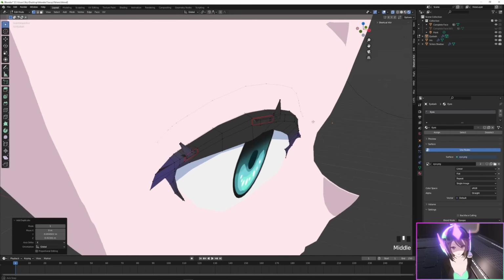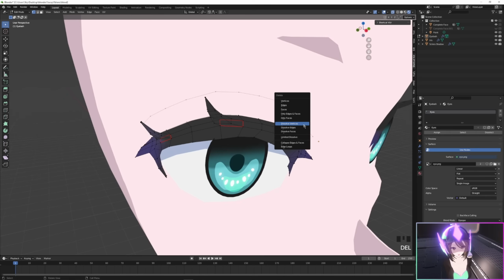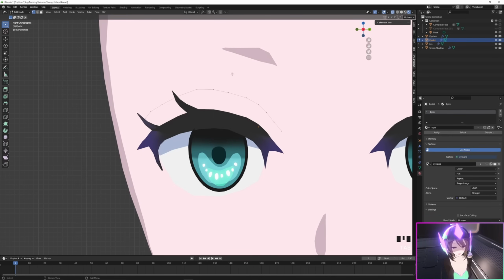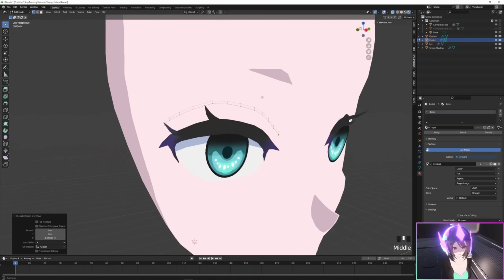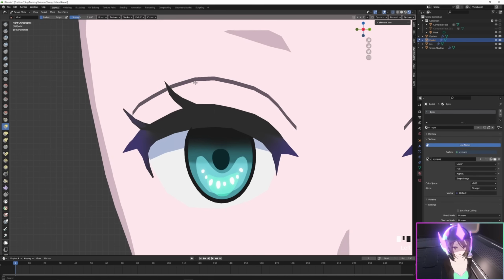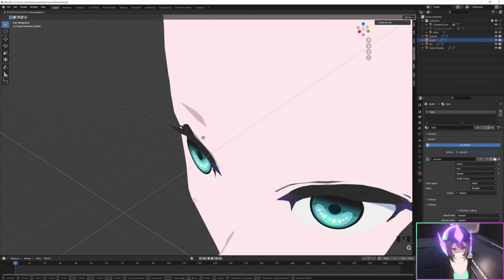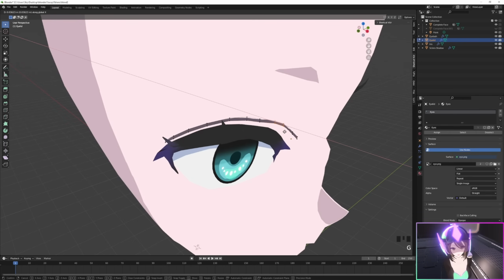I'll just duplicate these up so that it's easier. Dissolve a few vertices that I don't need. I can even separate this selection for now. Name that. And just extrude it a little bit. And we can easily fix that with the sculpt. And aligning this with the face mesh is similar to the eyebrows. Just grab it along the x-axis until